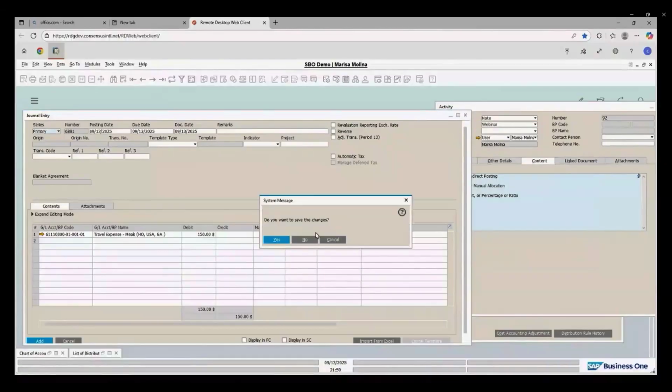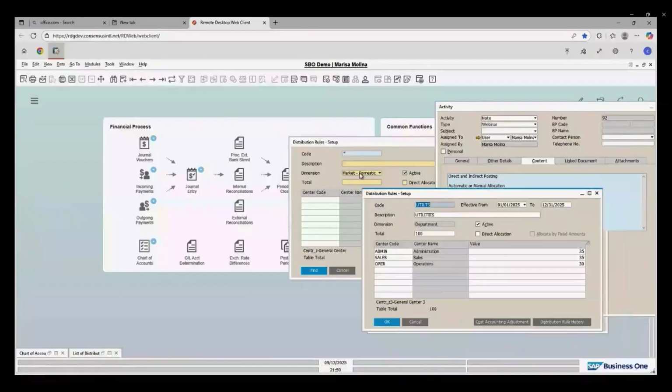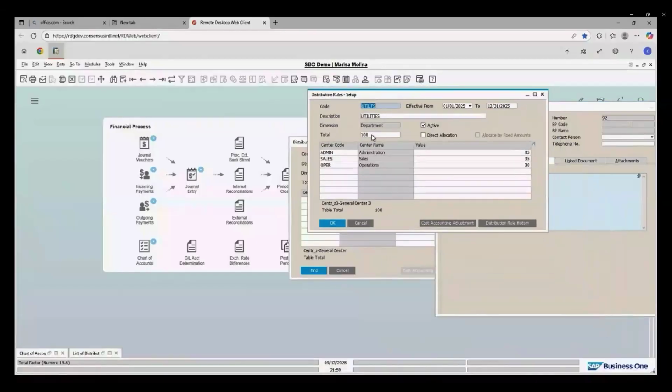Let me close this one. Do you want to save the changes? No. And the last one that I want to share with you could be a fixed amount or percentage or ratio. So this one, actually, is the one that is based on a percentage. It could be also a ratio. Remember that I mentioned that you could do it for a sales employee. So you could just create one, and let me just, okay,